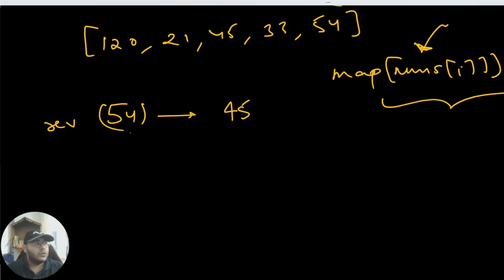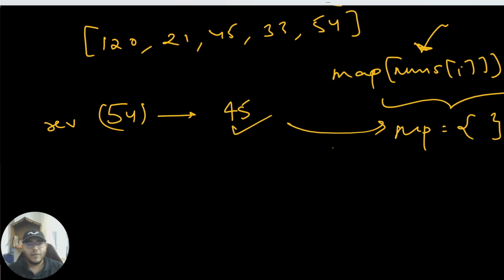So now we start from 54, we get 45. We check, is 45 present in our map? Initially our map was empty, right? Initially our map would be empty, there will be nothing in it. So we try to see if 45 is present in this map. We can see 45 is not found. This means 54 does not have a mirror pair, because there is nobody on its right, that's why you can also see it's not giving you an answer. So this means the answer does not exist for it, we have to go to the next element,